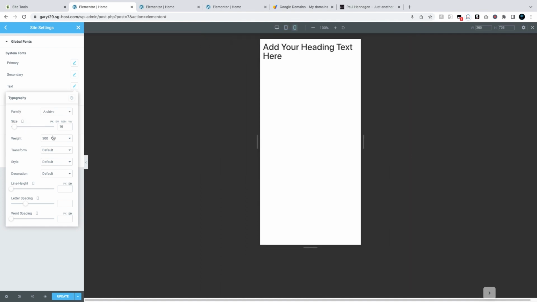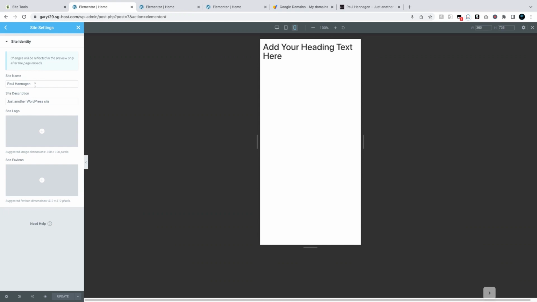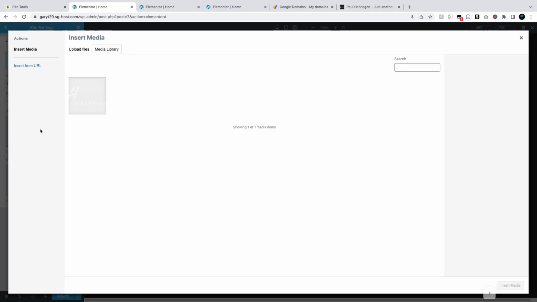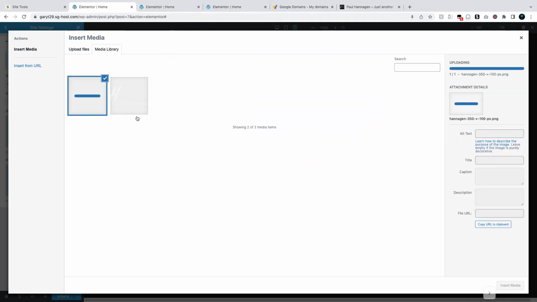While we're in here, we can also go to the site identity. And if you did not name your website, you can name it there. If you have a tagline, you could enter it here, but we do not for this website, so we're going to go ahead and leave it. If you already have a site logo on hand, you can go ahead and select the choose image icon, go to upload files, select files, and you can upload the logo